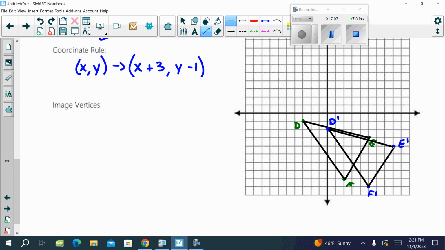And once you have that drawn, the next step says image vertices. So that means it wants the ordered pairs for D prime, E prime, and F prime. So you have to write down each of those ordered pairs now. So D prime,